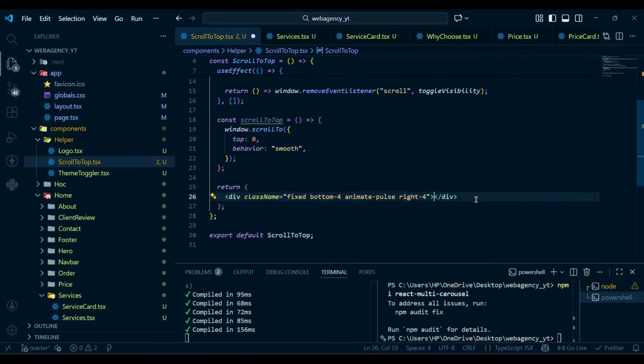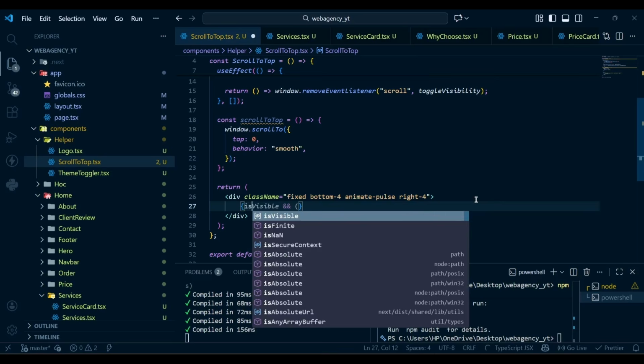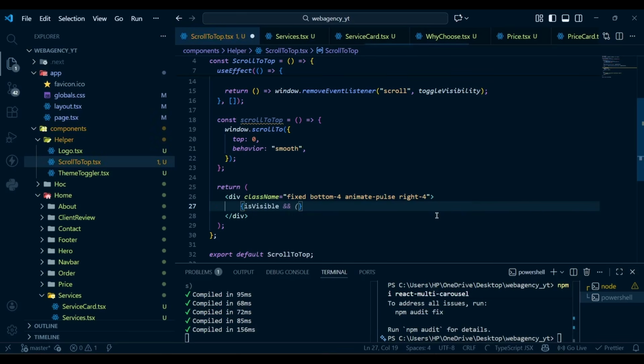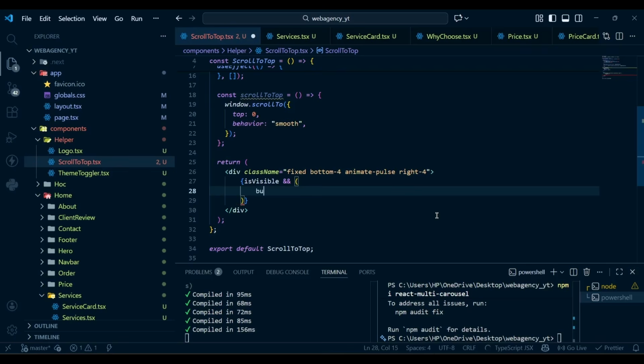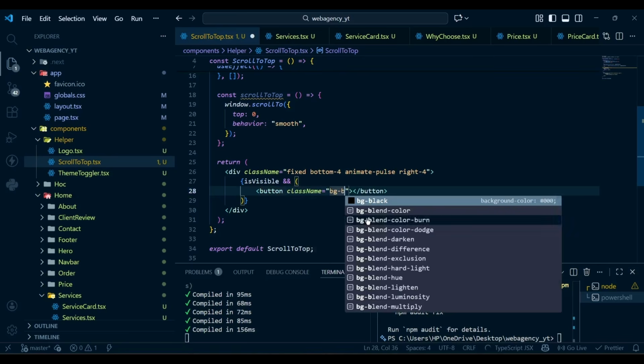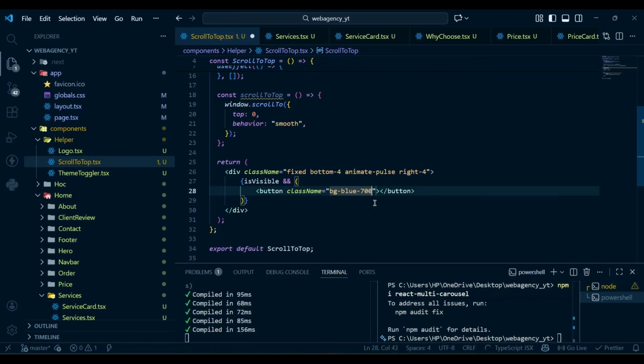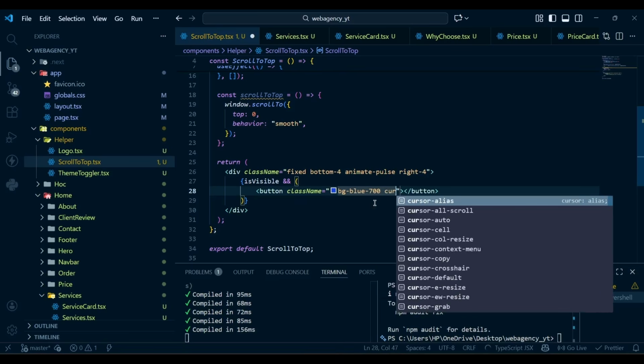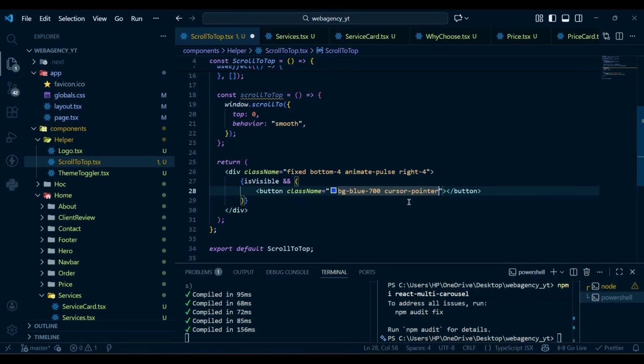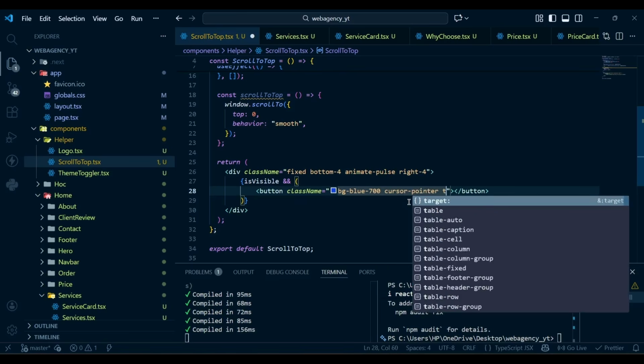Then inside this div we're going to check if isVisible is true, then we're going to show a button, and this button will have a class name of bg-blue-700, cursor-pointer, text-white,